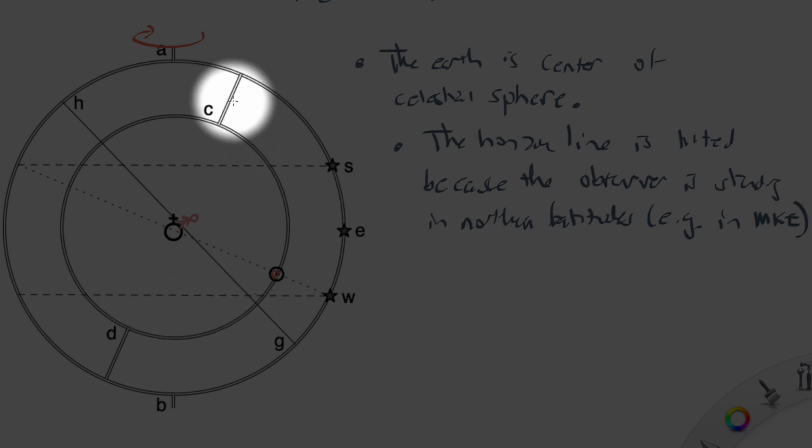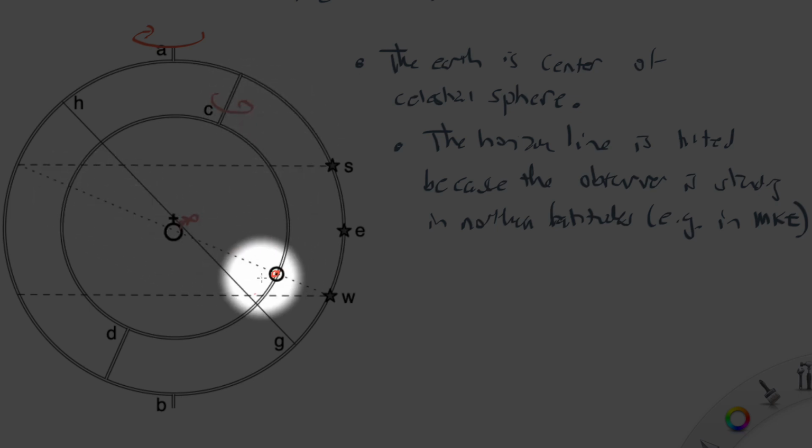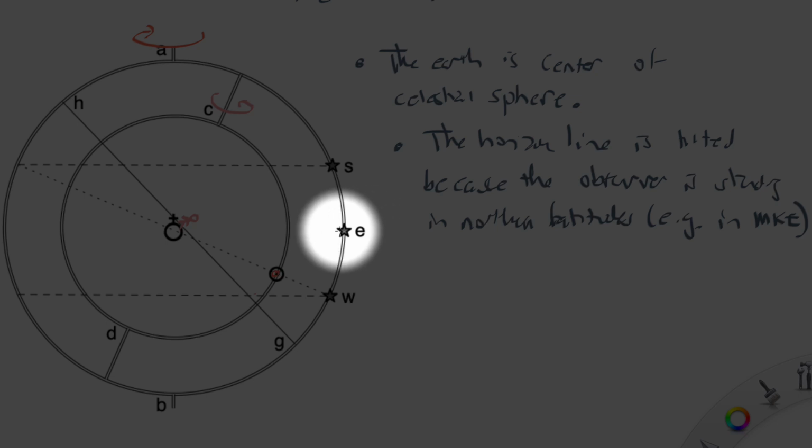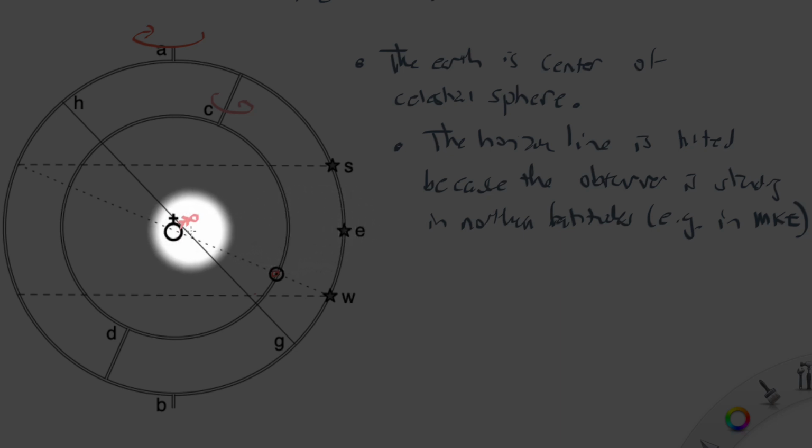But now, as this internal sphere rotates around like this, slowly over the seasons, the sun is going to be moving up higher and higher, because after all, it's rotating around like this. Then on a particular day of the year, March 21st, the vernal equinox, the sun is going to follow this trajectory across the sky over the course of the day. And notice that on that particular day of the year, it spends an equal amount of time above the horizon